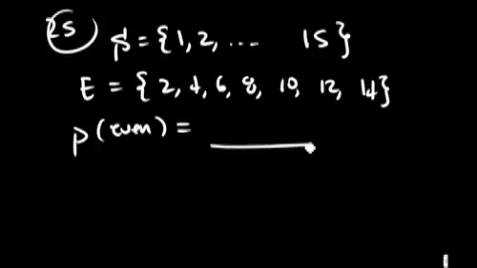That's the number of even numbers that are in this bag, which is 1, 2, 3, 4, 5, 6, 7, divided by the total number of possible numbers that are in the bag. There's 15 numbers. The probability is 7 to